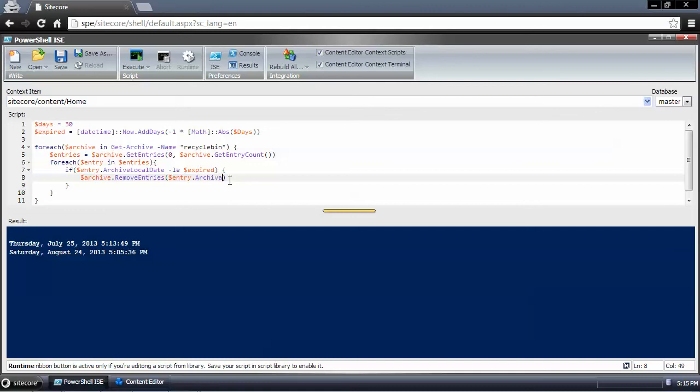entry archival ID. And once again, this is the Sitecore API. Therefore, you can use .NET Reflector or I think it's .peak, what I showed last time. Or you can use getMember to see what archive contains, which is what I did just a few minutes ago. And if I run it now,